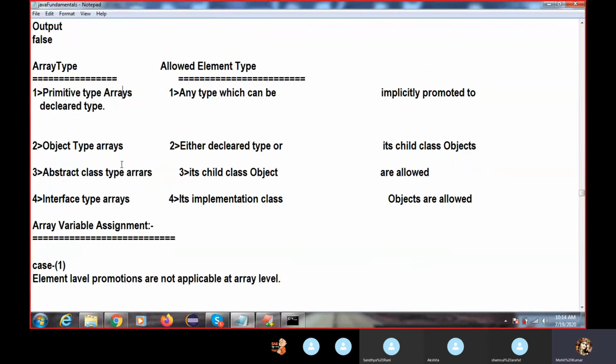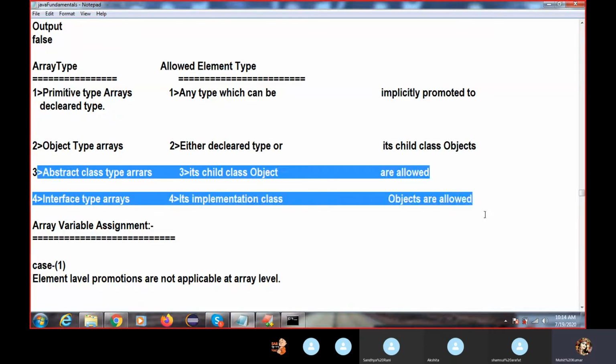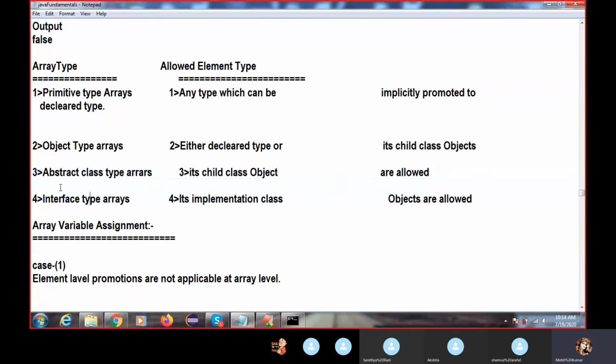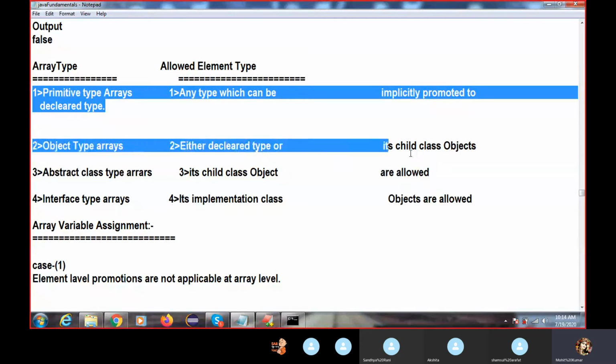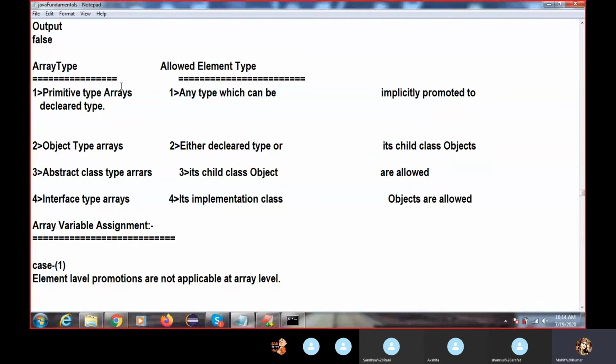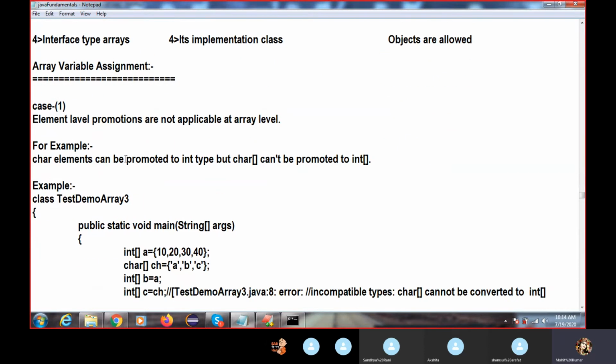This is not very important. Just here, what type of array and what you can store. A primitive type array, we can store primitive types. An object type array, we can store any type. Leave these two points, they are not required. Abstract class and interface I did not teach you and are not required for that. So we have to learn two important things here. A primitive type array, you can store primitive types. And the object type array, we already discussed yesterday, right? An object type array, you can store any type.